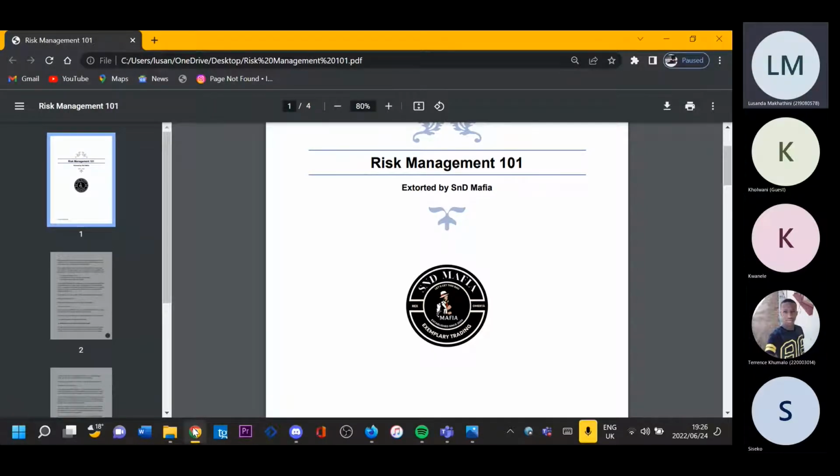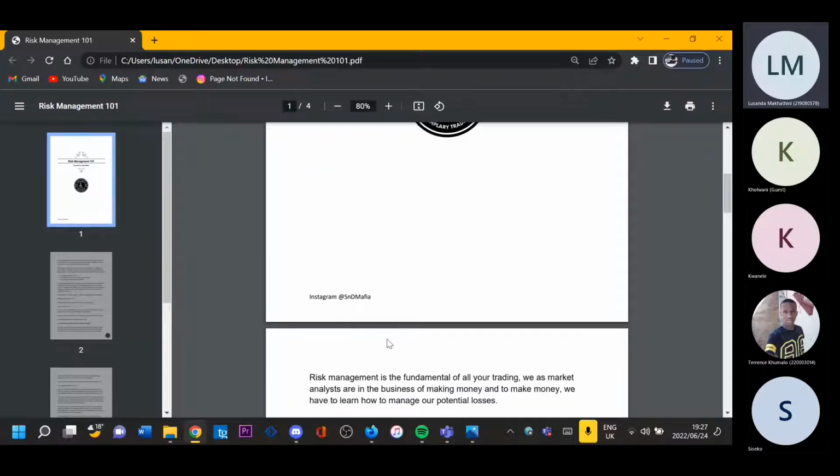The reason I decided to focus on risk management is that whatever strategy you use, if you risk properly, you can become profitable. Even in the worst case scenario, you can become a break-even trader. So that's why I decided to focus on this. It's a short document. There's a longer one, but that's reserved for later, for the mainstream.